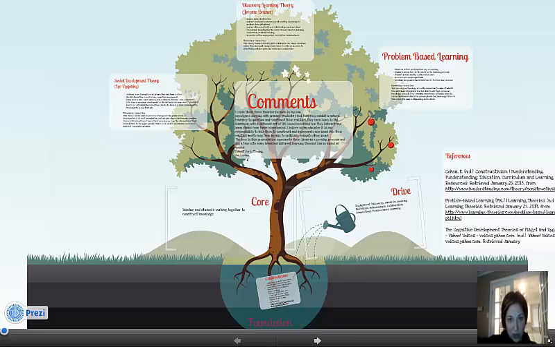Basically, I wanted to discuss three learning theories that I connect with the most, and I chose a tree for my presentation to exhibit what it looks like for me, in that learning is a process and a constant growth. As new branches grow out of the tree, so do new learning ideas, and we keep adding to it as we get older and have more experiences. So with that in mind, I wanted us to take a look at the foundation of my theories.